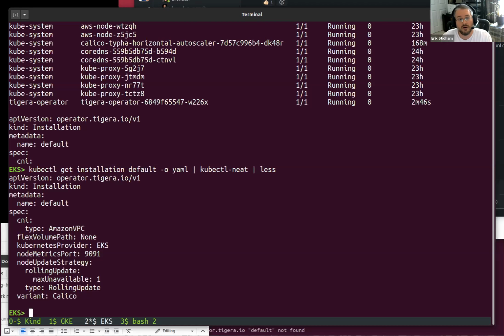And if the operator needs to set a default for that, it would write it to the Felix config. Okay. So if you needed to overwrite that, you could change it or be the first to write the Felix config, and then we wouldn't update that field, if that makes sense. Yeah. An example of that would be, I think it sets environment variables to configure Felix to talk to Typha with the right certificates and so on.